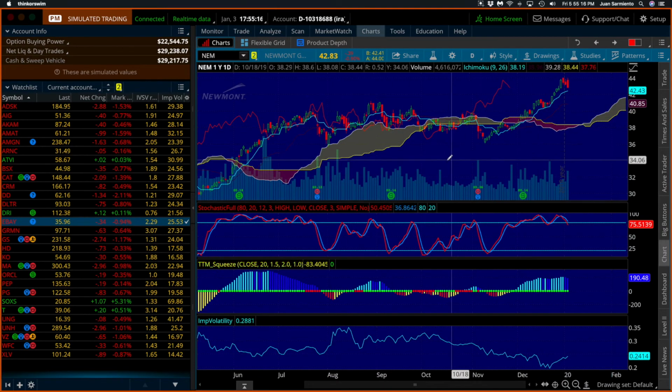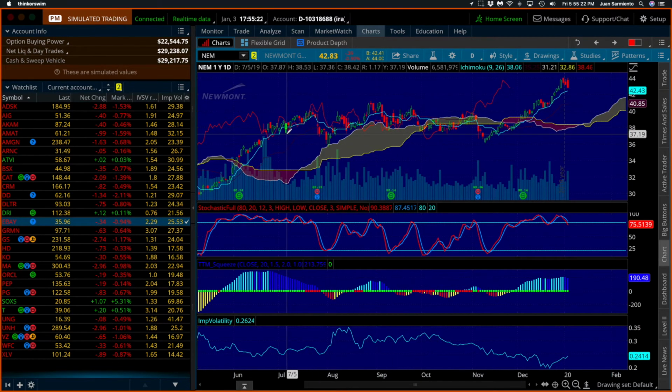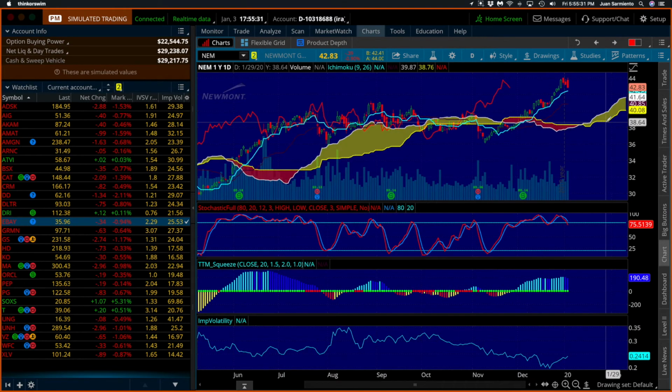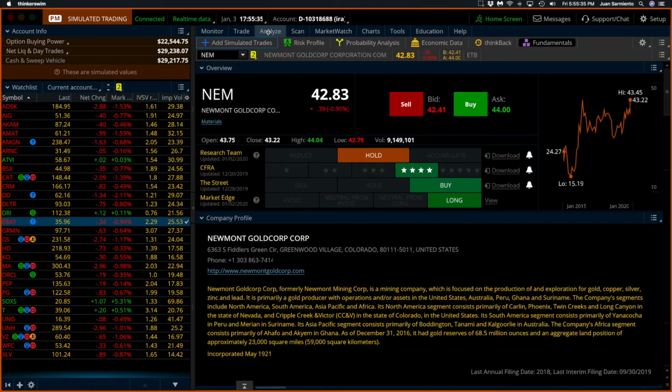It's been rallying very strongly. So remember, we are contrarians. So I'm going to look for bearish trades where the stocks have been very strong. And I'm not looking to hold them for life. This could be just touching the Ichimoku cloud, and that's good enough for me. So let's go and say